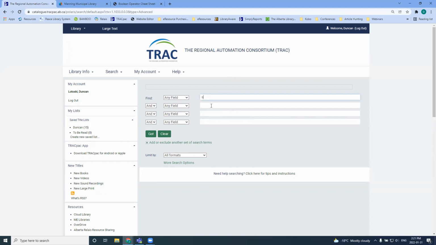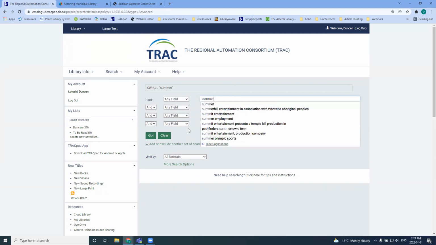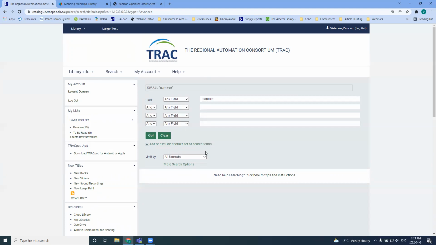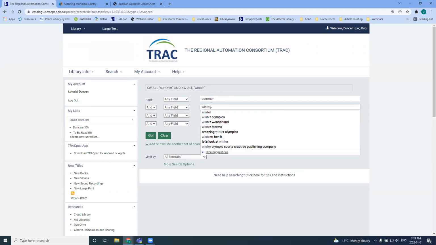So we're going to start with the keyword summer. Okay, summer is our keyword. Our operators are in these drop-down menus here. So we're going to start just with summer and this first line here, and we're going to use the operator and. So any search results right now, if I press go, are going to come up with items that are tagged with the keyword summer. However, if I put summer and winter,